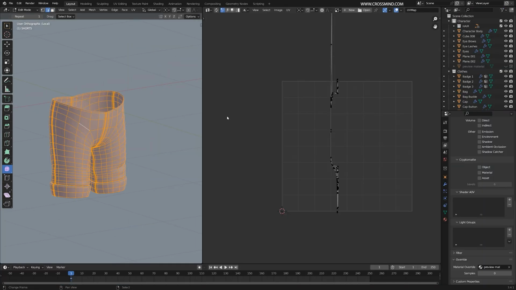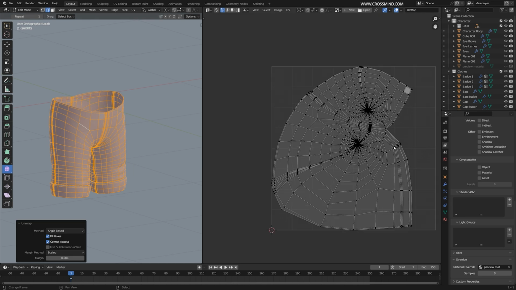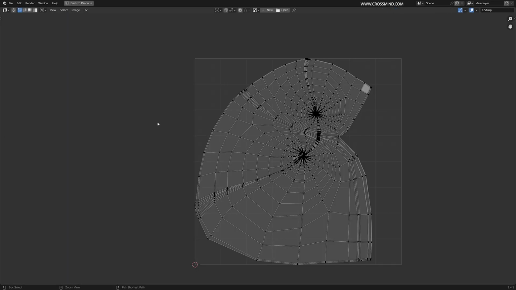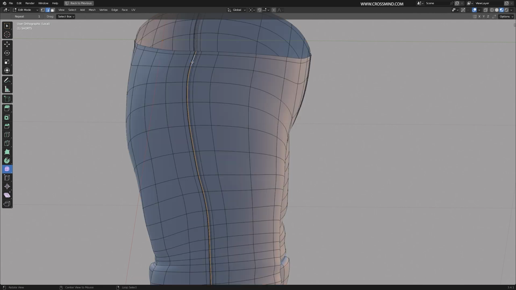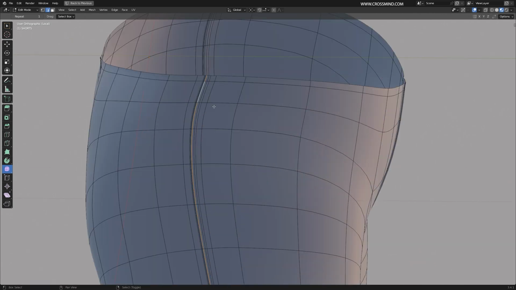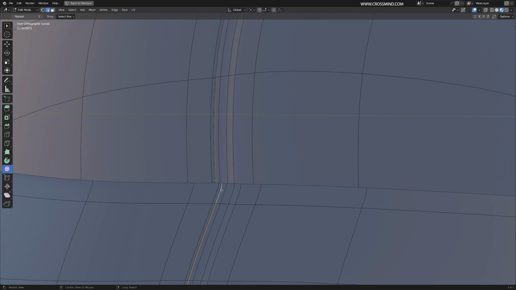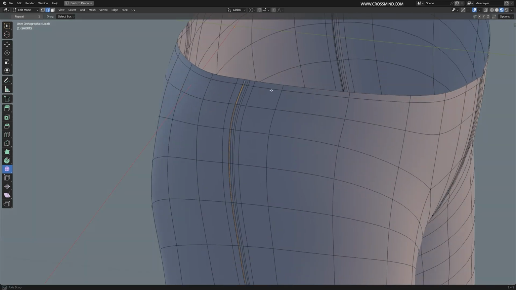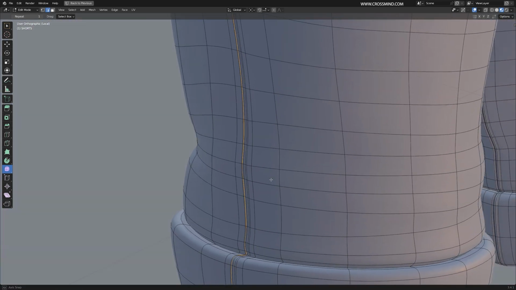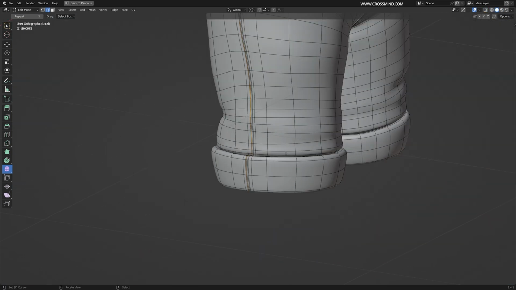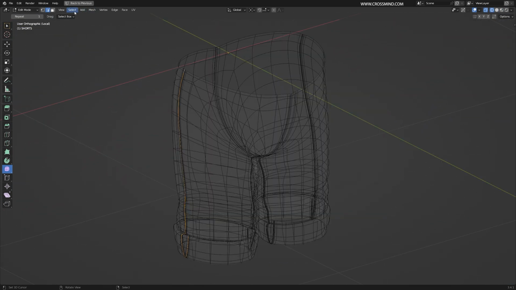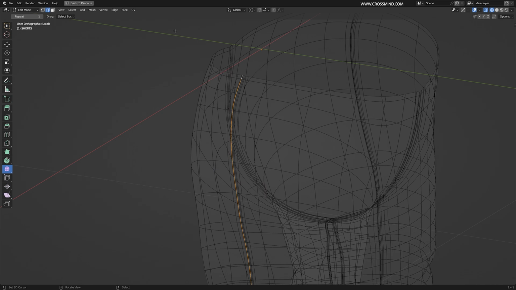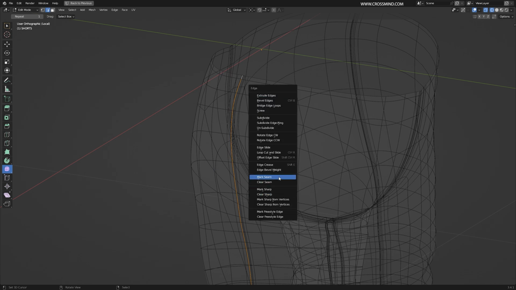If I select all of these faces and just press U and unwrap, this is auto unwrapping. All right, but we need a certain kind of layout, like how you tailor clothes, you have a layout. So I'm just going to select a few sides through and through, which is going to cut our model and lay it flat. So this seems like a good edge. Now press Ctrl E for the edge menu and mark seam.